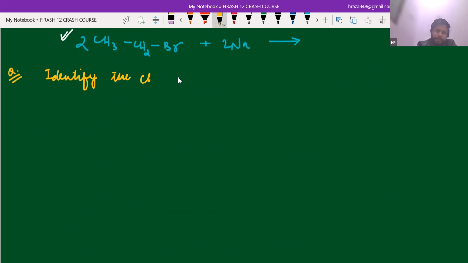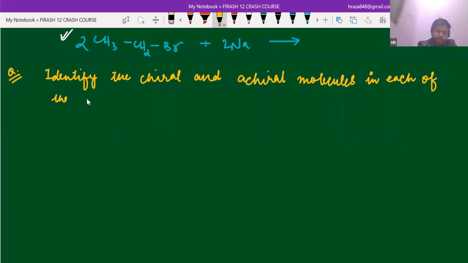Identify the chiral and achiral molecules in each of the following pair of